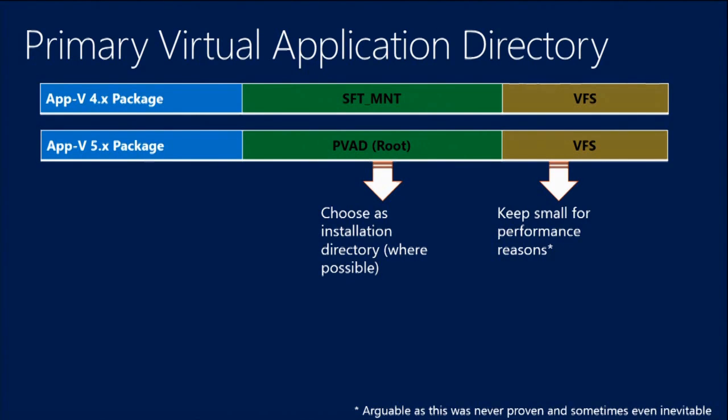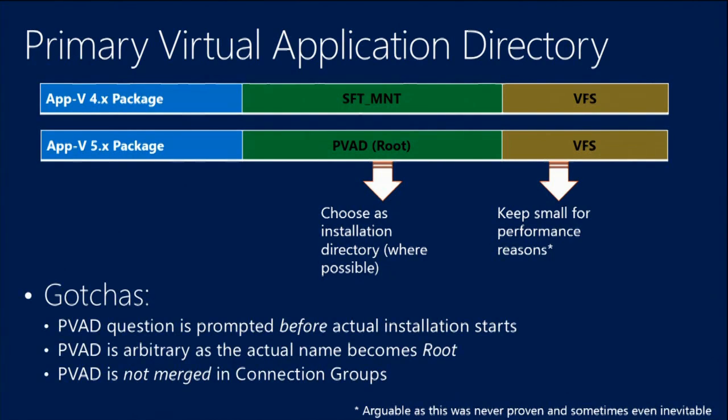And that's an interesting discussion, because if you were to ask Microsoft, and I think it's even in their sequencing guide, they would say, well, if the application normally installs to C:\Program Files, Adobe Reader, then that would be your primary virtual application directory. There are some quite interesting things that I ran into. The first one is the primary virtual application directory question in the sequencer is asked before you actually install the application. So that's kind of weird. So in the flow, why would it ask me here? But if you're a good sequencer, you have tested your application and you know where it's going to install, and you create that directory. But the second is, the actual directory name is arbitrary,